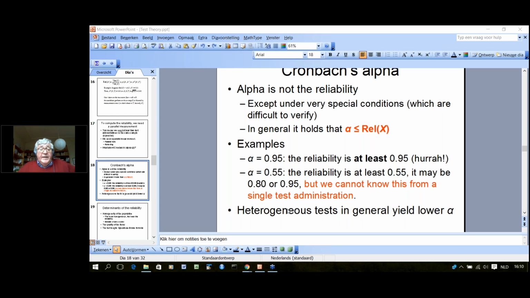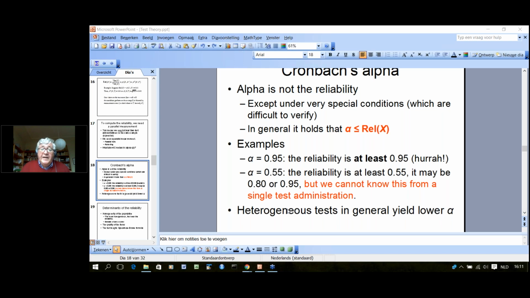I can add one thing. Sometimes people come in panic to the psychometrician and they say something is wrong with my package because I got a negative reliability, and reliability is a number between 0 and 1. Yeah, that is true, and reliability cannot be negative, but alpha can. Alpha can run from -infinity to +1. So the maximum value is 1 for alpha, but its minimum value is certainly not 0. It can be